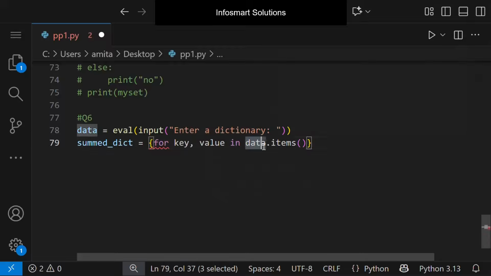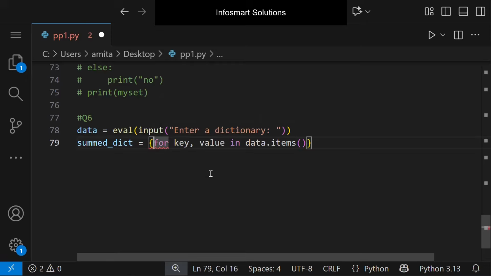This means that data is our dictionary, which we can name any other thing as well. We just name the dictionary here as data.items, every item of data, key comma value. So every item has one key and one value. So for every key, value in data.items,